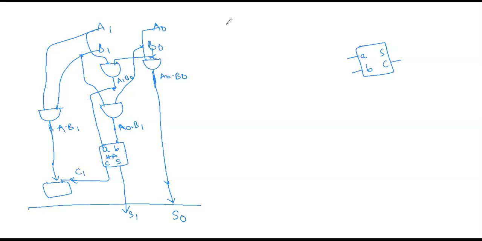Apply A and B, and it will produce sum and carry. Sum is S2. Carry, we consider it as S3.